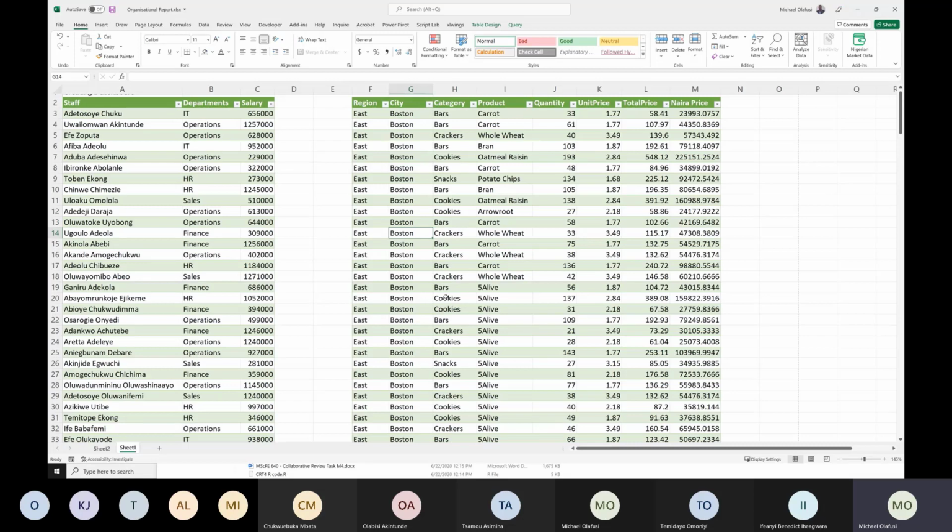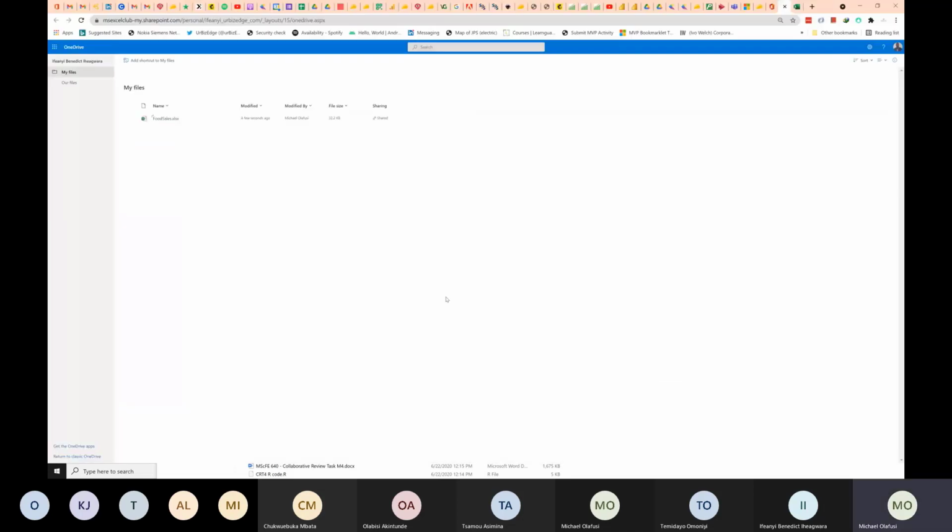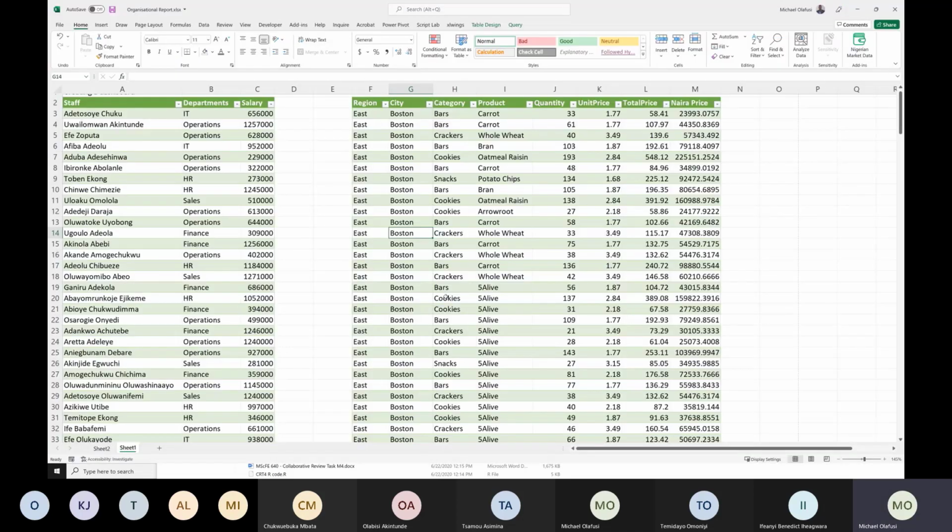Yeah, there's one question. Someone's asking, how do you avoid the error during recording that this file is locked by other users? This doesn't have that error. No, it doesn't. You will never have this error of this file is locked by another user. That one happens when you are on a shared folder.